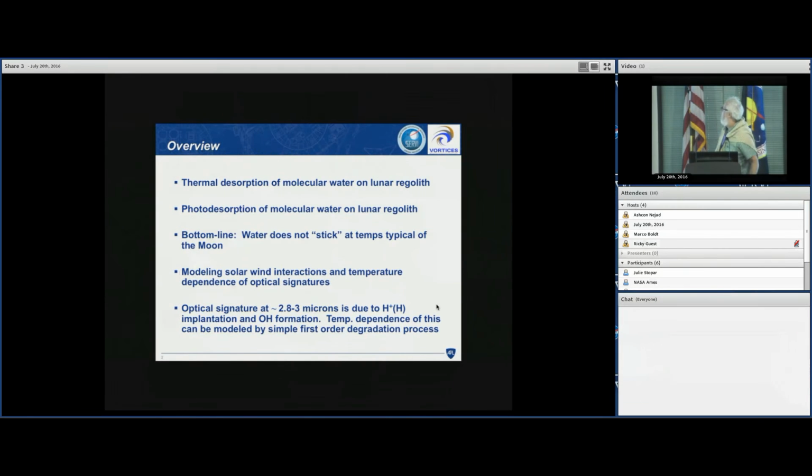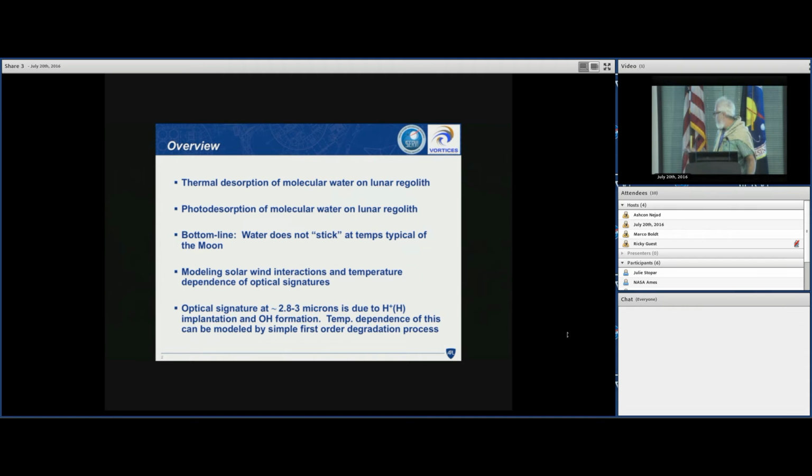All right, so I'm going to give you an overview, and there's going to be some background on the first two topics, which is thermal desorption of molecular water on the lunar regolith, photodesorption of molecular water on lunar regolith. And the bottom line for these two topics is that water does not really stick very well at temperatures typical of the moon. Okay, and then we'll move on to modeling the solar wind interactions and looking at temperature